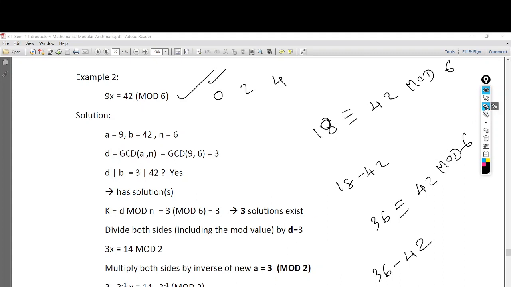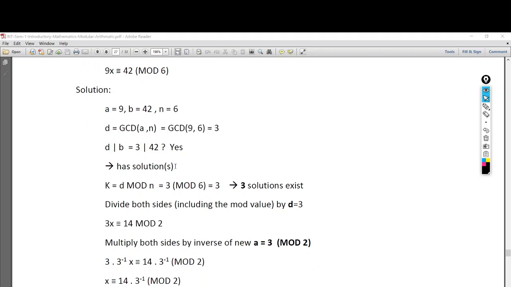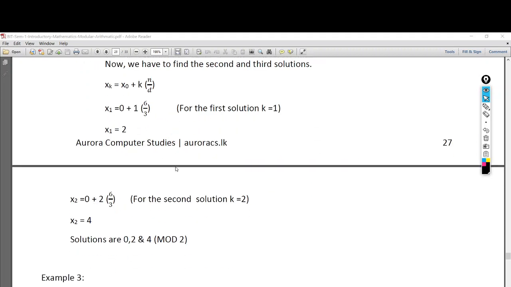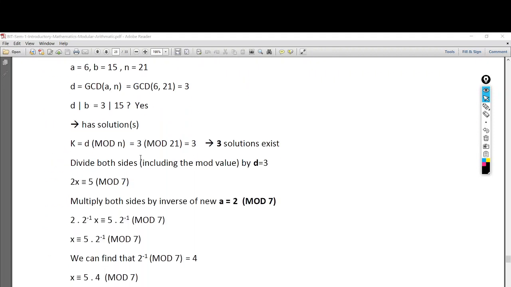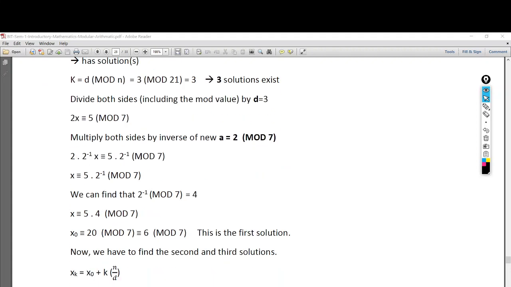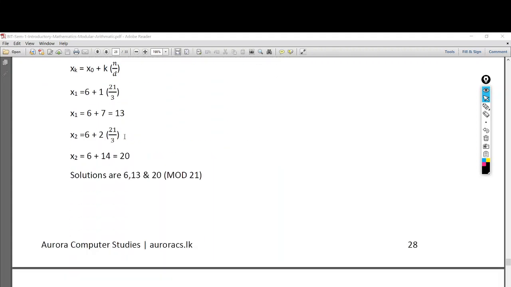Right? So I did examples having no solutions and many solutions. I did 2 examples. First one was having 2 solutions, the 0th one and the first one we took from the formula. The second example was having 3 solutions, the 0th one, and using the equation we found 2 more solutions. Okay, so there's another one given, so you can try out that one. Okay, that one is also having 3 solutions. So that one you can try out by yourself, and you can go to the internet and find so many